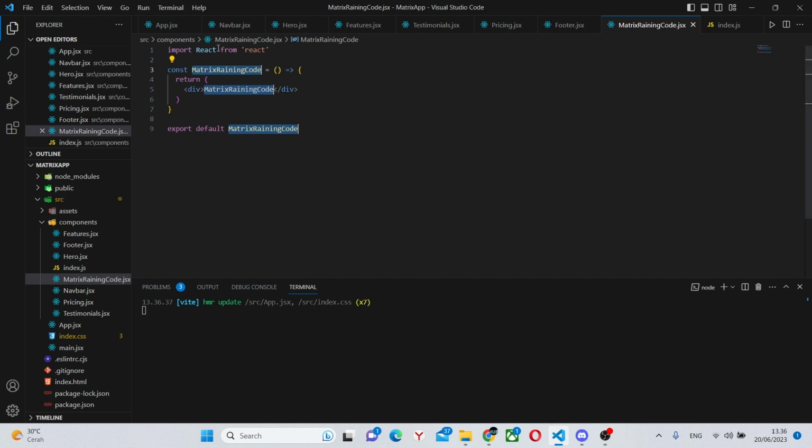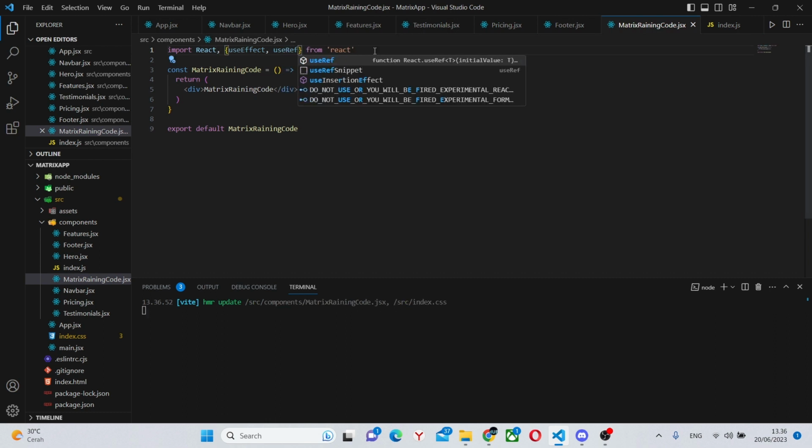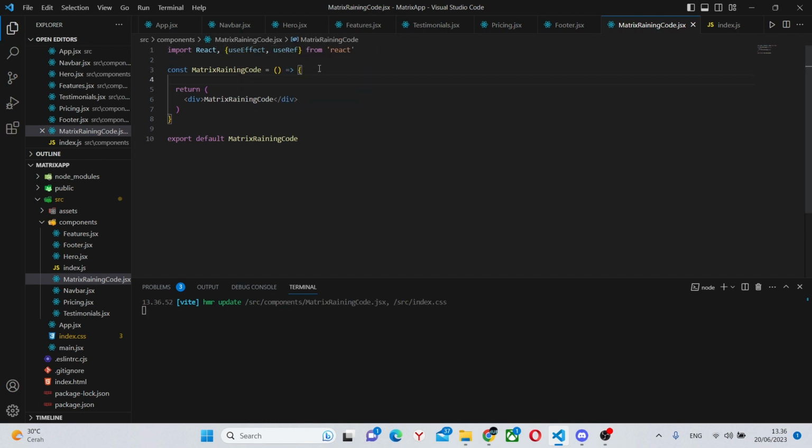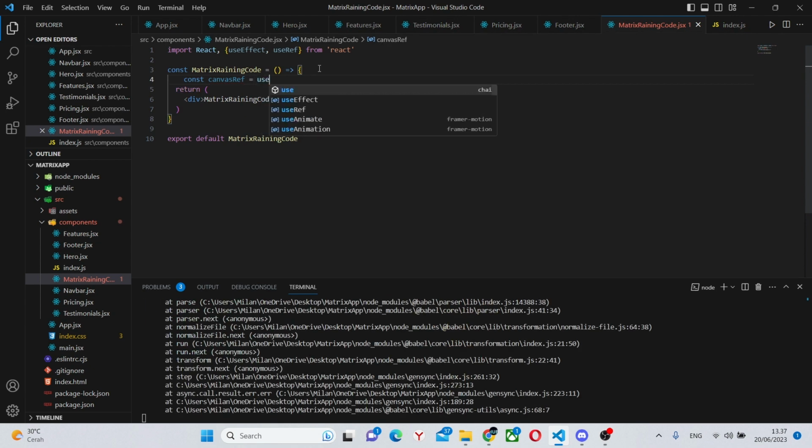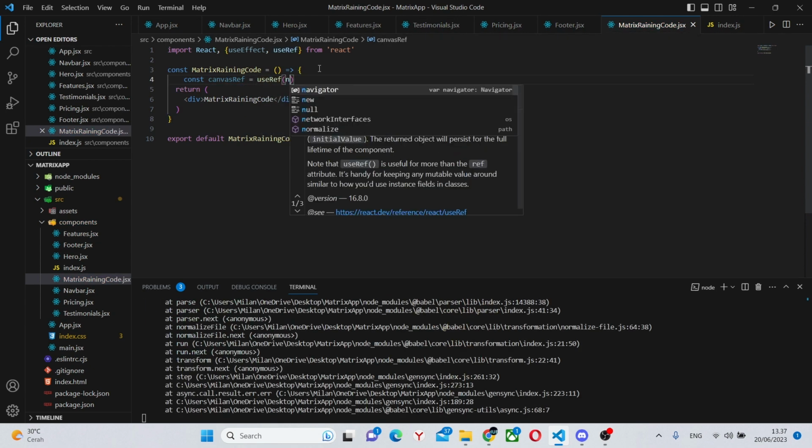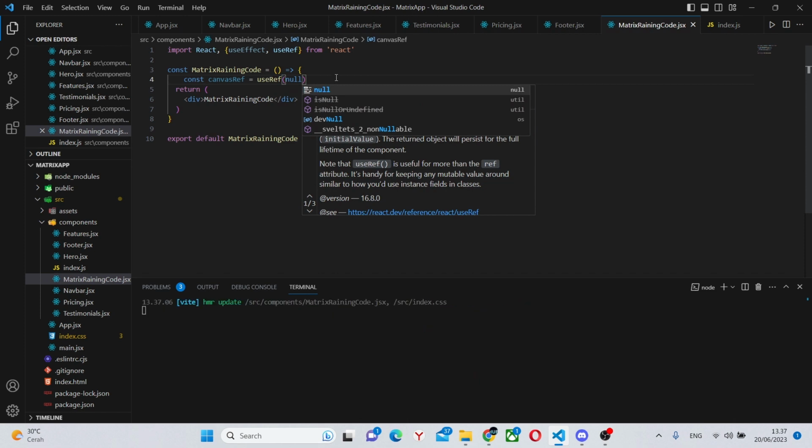Next, we can actually go to the matrix training code and begin creating it. First, we'll have some imports from React, so useEffect and useRef. Next, in here we can create the actual ref, so const canvasRef equals useRef and say null over here.